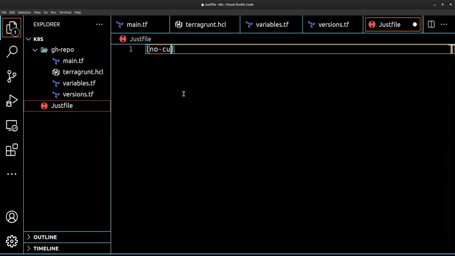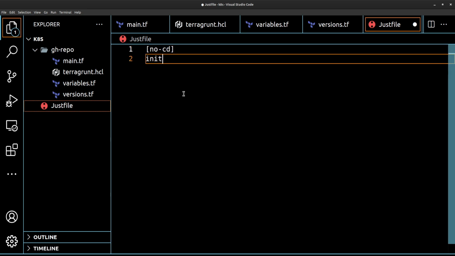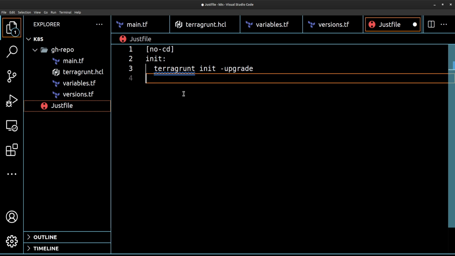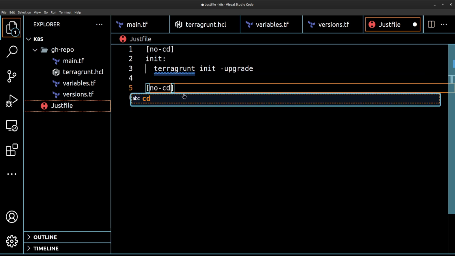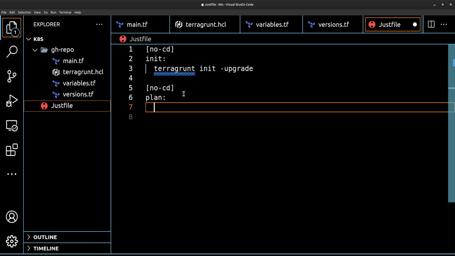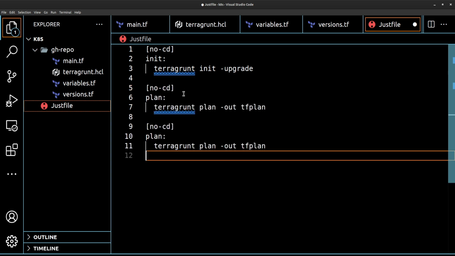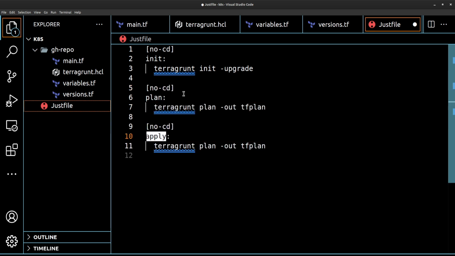So there's going to be a cd, no cd here, init: terragrunt init upgrade. There's going to be another one, plan: terragrunt plan dash out tfplan. Using the same technique, this time apply,